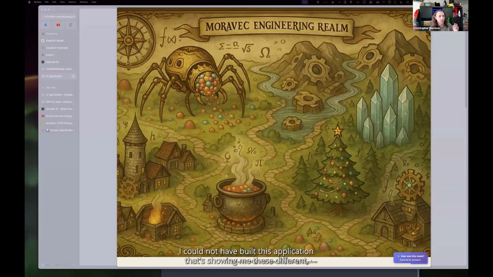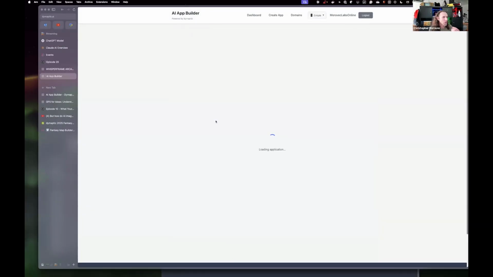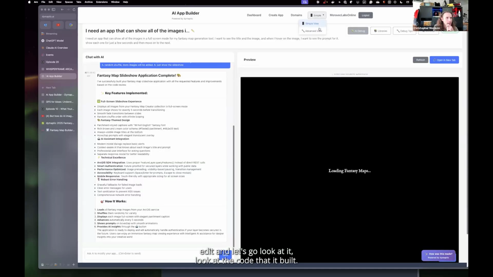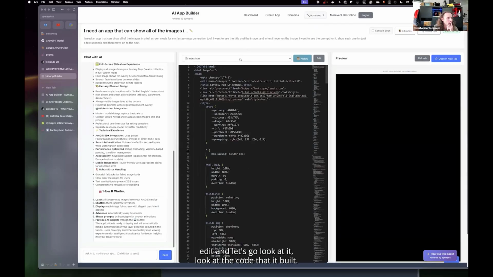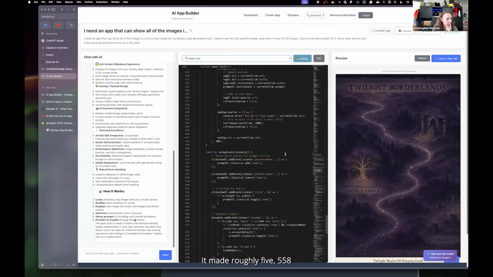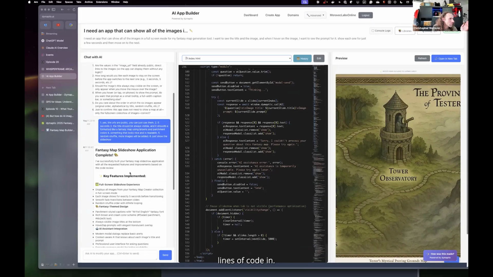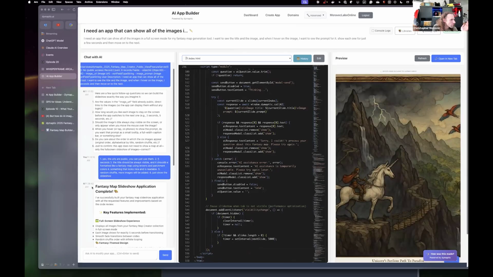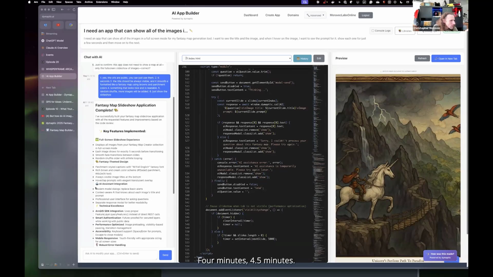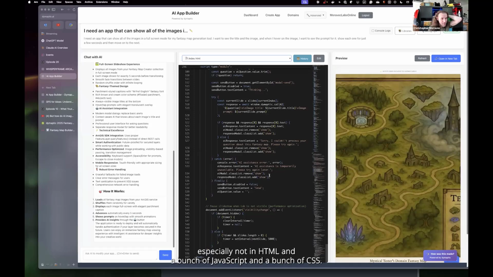I could not have built this application that's showing me these different things. Let's just go look at this code. Go over here to edit and look at the code that it built. So it did it all in one HTML file. It made roughly 558 lines of code in 4 to 4.5 minutes. I cannot write 100 lines of code per minute, especially not HTML